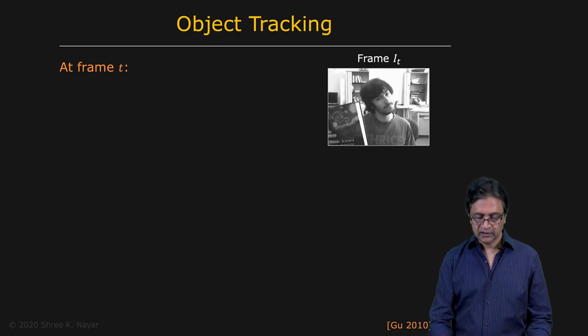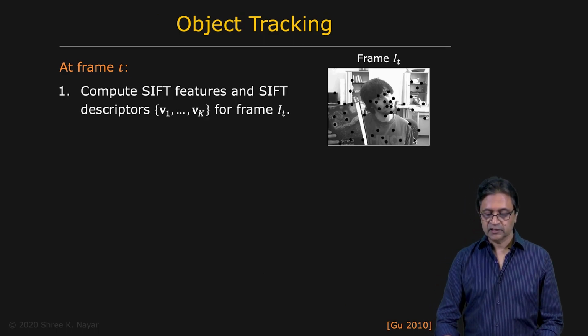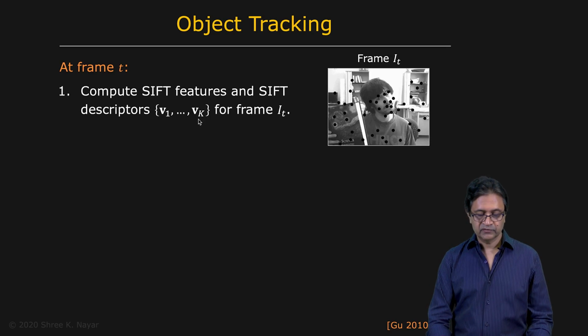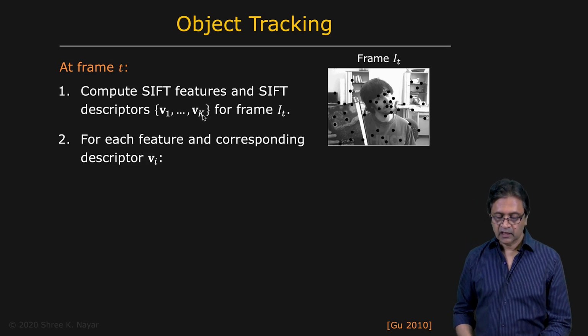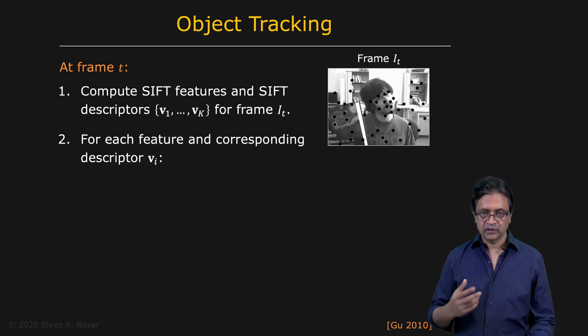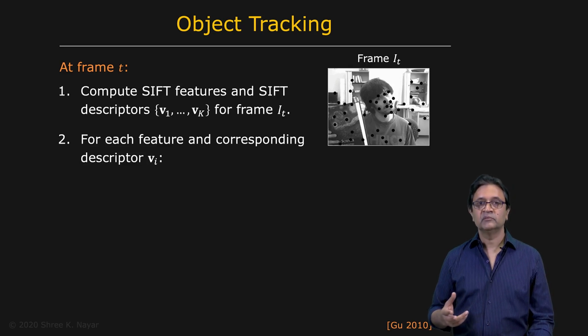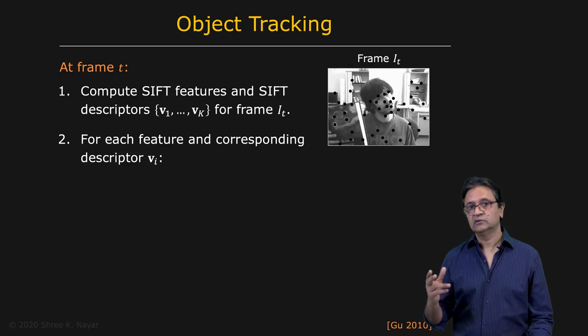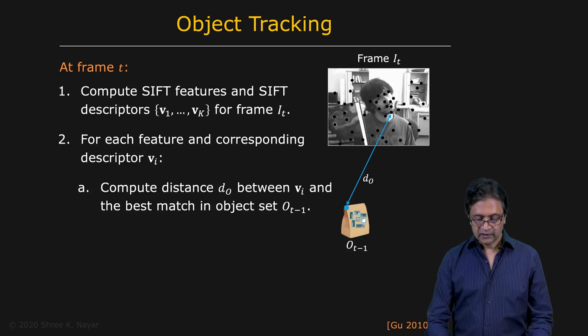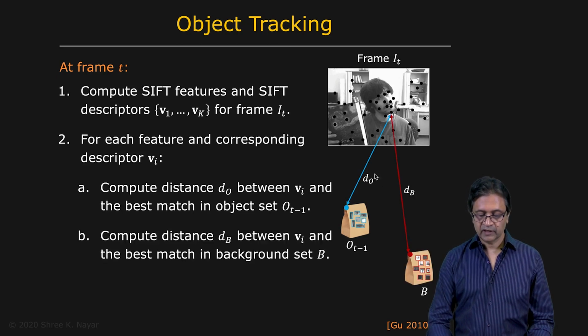This is the next frame that's arrived. We're going to once again apply SIFT to this image, and you get a whole bunch of features, each one with a descriptor. So let's say we have K of these features. And now for each feature and corresponding descriptor, we're going to decide whether it belongs to the object model or to the background model. So we find the distance of the feature to the best matching feature in the object model, and that's DO. And then we find the distance between the feature and the closest matching feature in the background model,